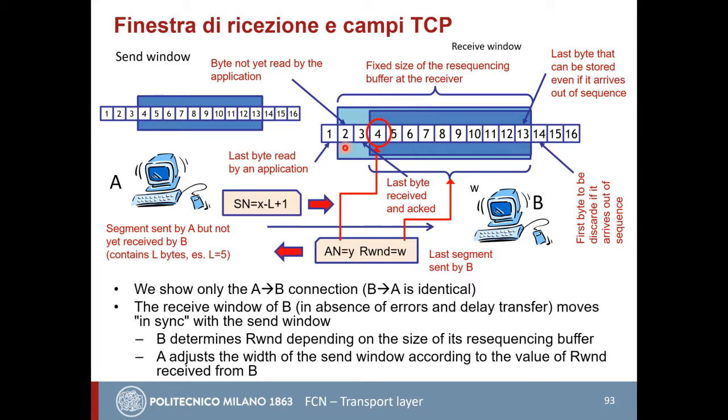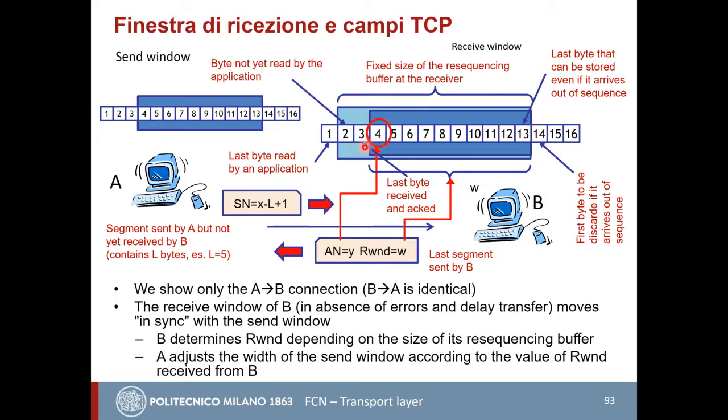Then inside the resequencing buffer, you have all the bytes that have been received, but not yet eaten or eliminated by the application. And here, for example, byte number 2 and byte number 3 have been received correctly,